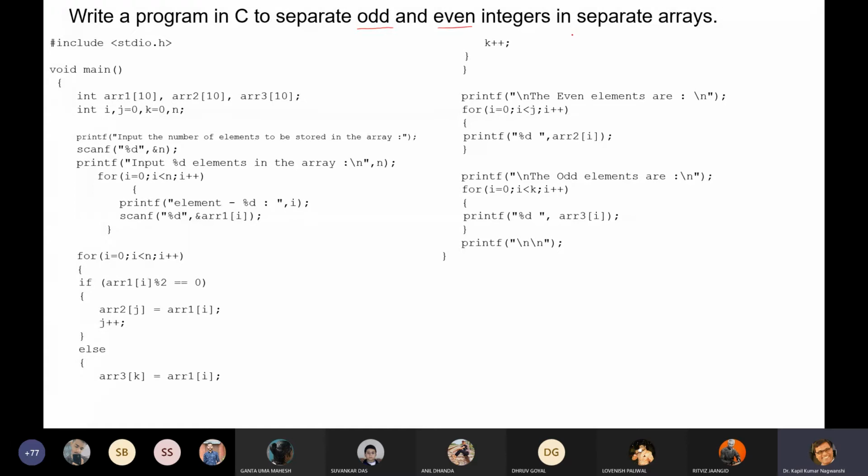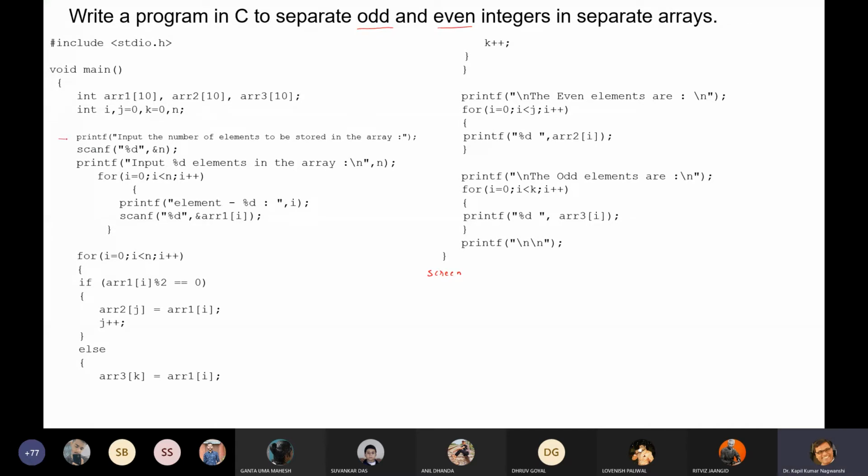So we need to create 3 arrays: one for input, one for odd numbers and one for even numbers. Why have we taken size as 10? Because there may be possibilities that all the numbers may be even or all the numbers may be odd. So initially we start with our screen.